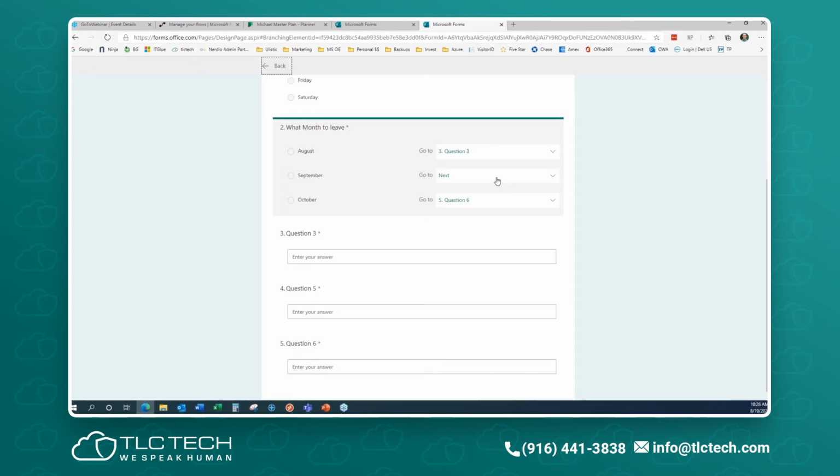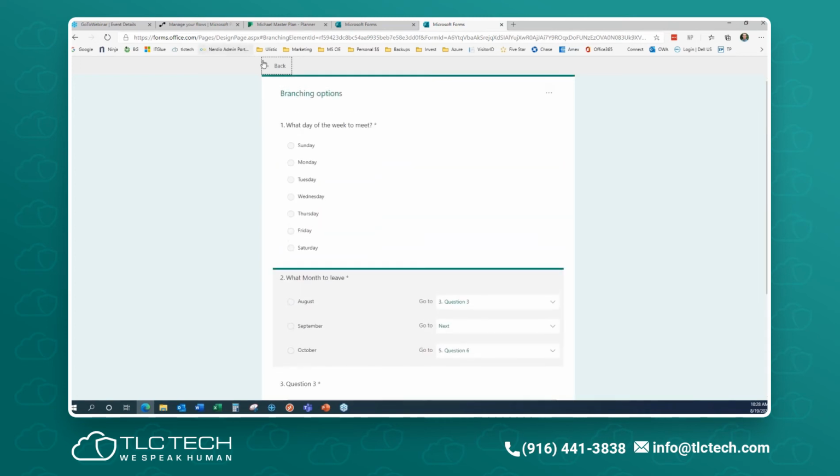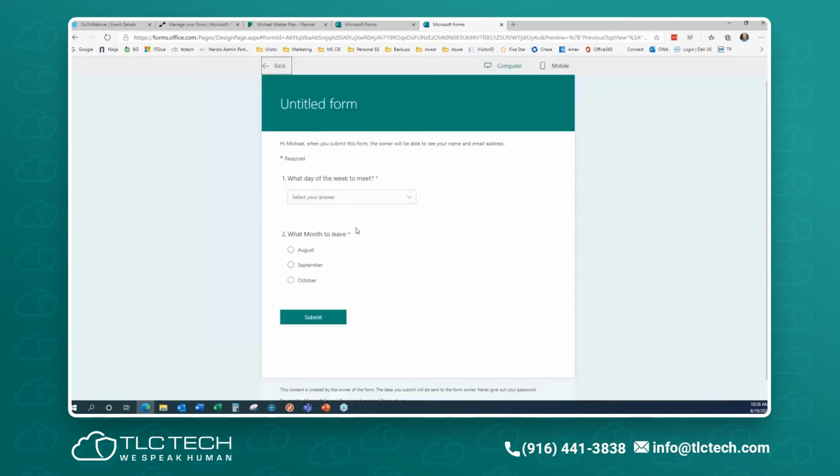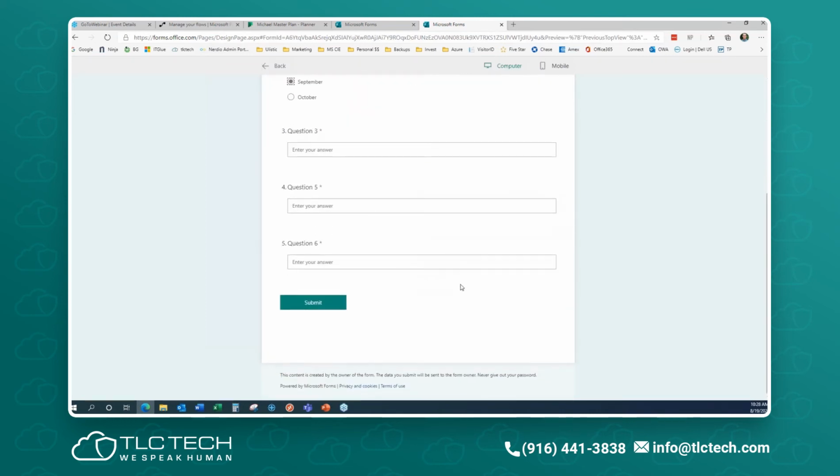So the way that you want to do the branching is build the form out first, make sure everything's good, then add the branching. If you delete anything after you've added the branching, make certain that you go and preview the form. That's always in here, and then make sure that the behavior is doing what you expect it to.